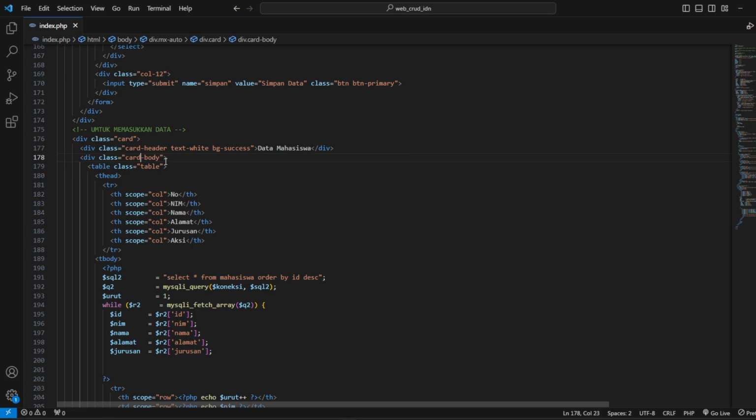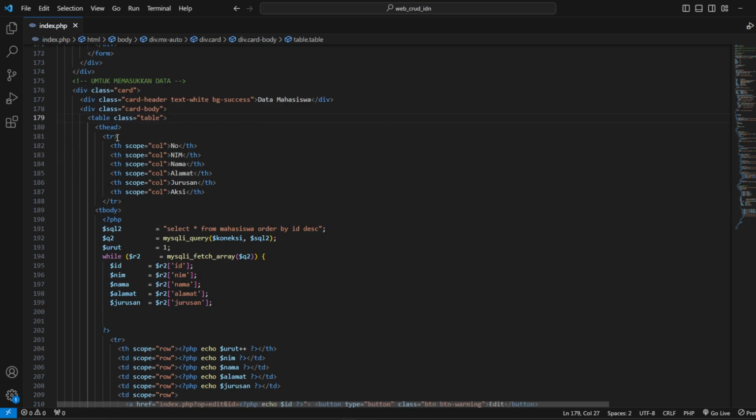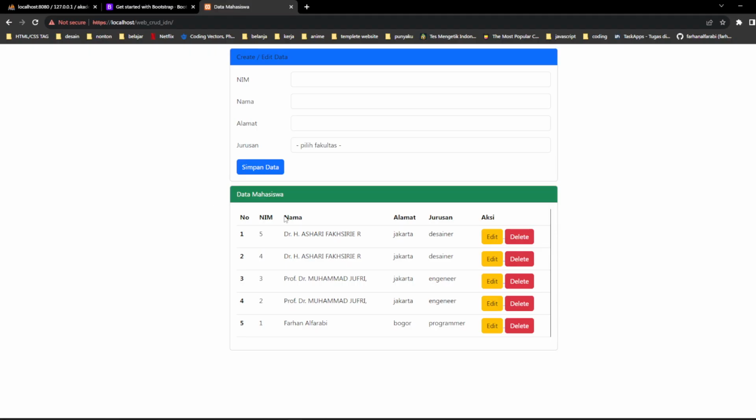And then card body also, and table also. T-head is the header of our column. Now you can look at this, we have number, name, address, the major, and the action. This is our head, the head of our column.